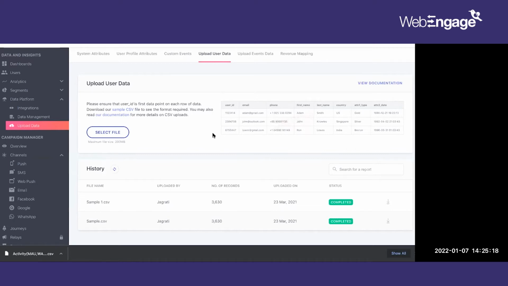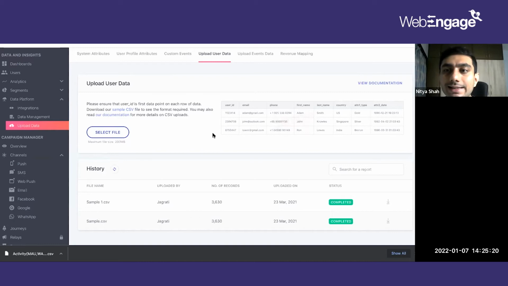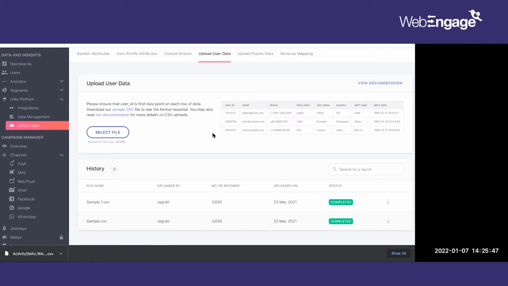And just to add on, if you have the opt-in tokens for website push notifications or mobile push notifications, some of these tokens can also be migrated. The website or the device will automatically give that information to WebEngage, and that token can be migrated. So in a few of these cases, they don't have to opt in again, if you were using that channel before and had that opt-in already. That migration can happen as soon as the user uses the platform after you implement WebEngage. Got it. Thanks, guys.